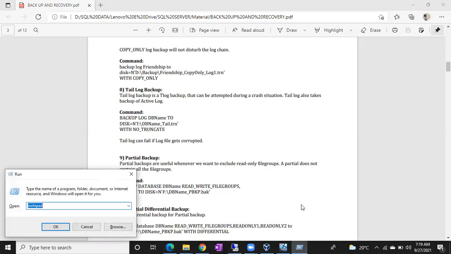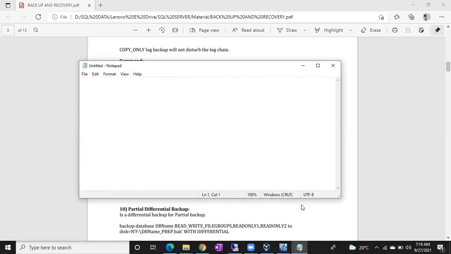Let me explain. Imagine your backup strategy is weekly full backup. Every Sunday you are taking a full backup, every day a differential backup, and every 15 minutes a log backup.